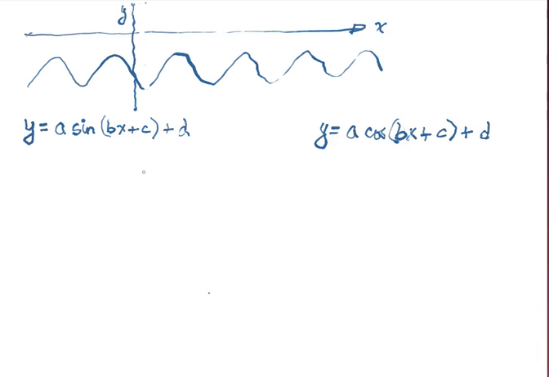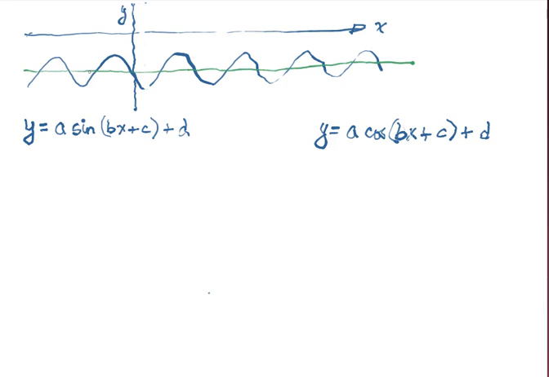The first step is to decide which you prefer, to think of this as a sine curve or to think of it as a cosine curve. Both of those curves have exactly the same shape, it's just that one is shifted from the other. So once that decision is made, then